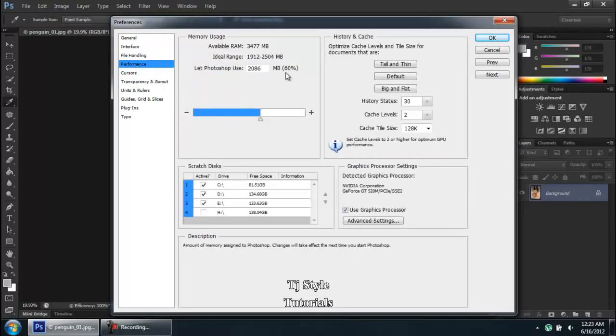Alright, now guys, I have reduced this RAM usage to 60%. Alright, but that's not true. I actually believe in keeping it somewhere around 80%. Now remember guys, I have changed it to 80% because my computer right now has somewhere around 4 gigabytes of RAM. I do quite some work on Adobe Photoshop, and I would want my Photoshop to run smoothly. So therefore I'm increasing this, let Photoshop use my 2807 MB, that is 80% of my available